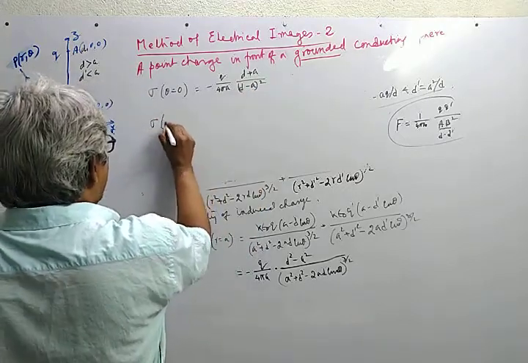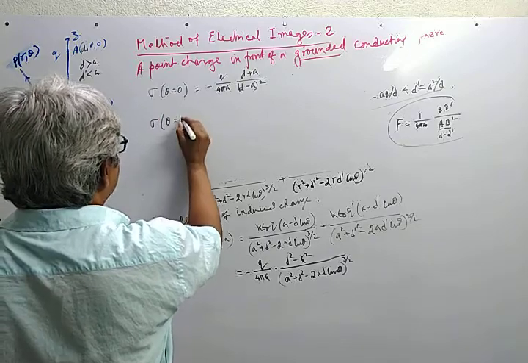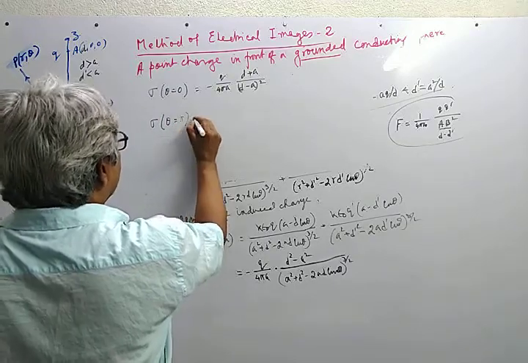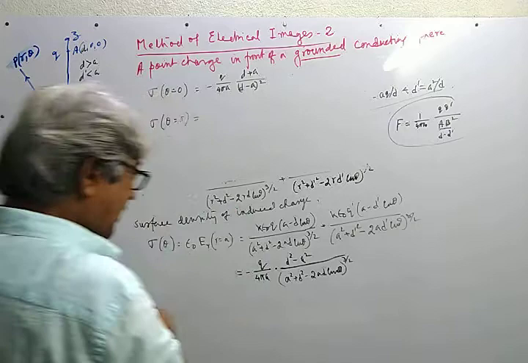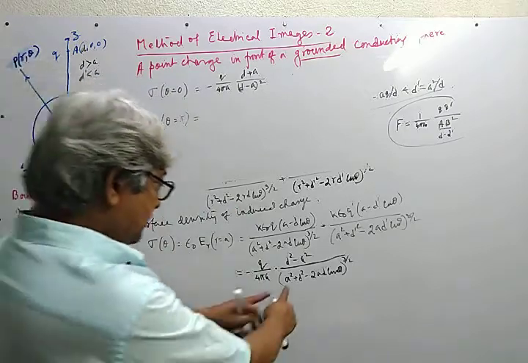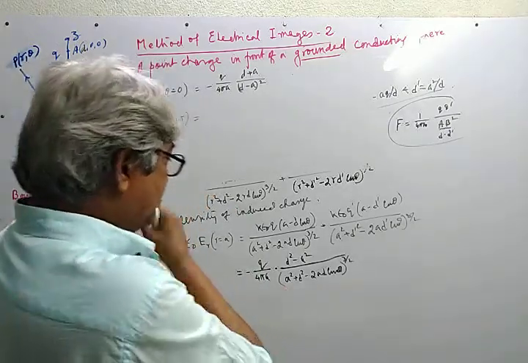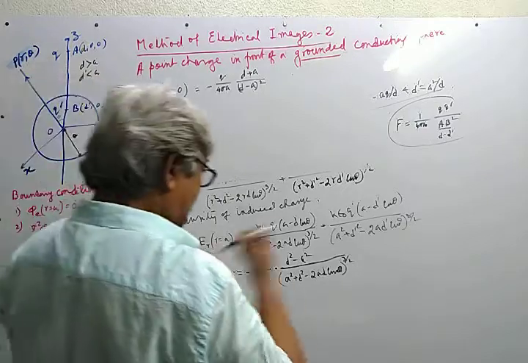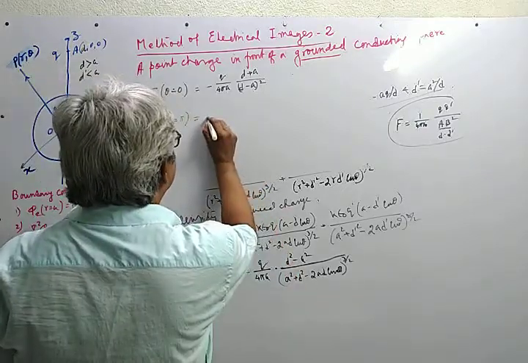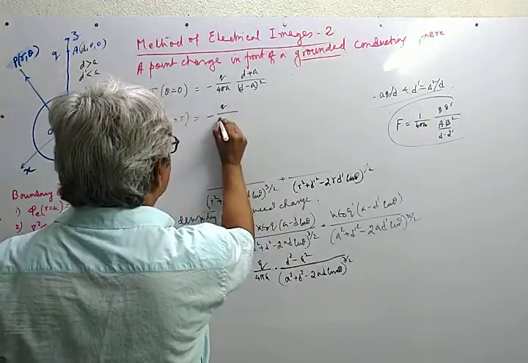And sigma at theta equal to pi: in that case cos theta is equal to minus 1, and this would be d plus a whole to the power cube, and on simplification it becomes